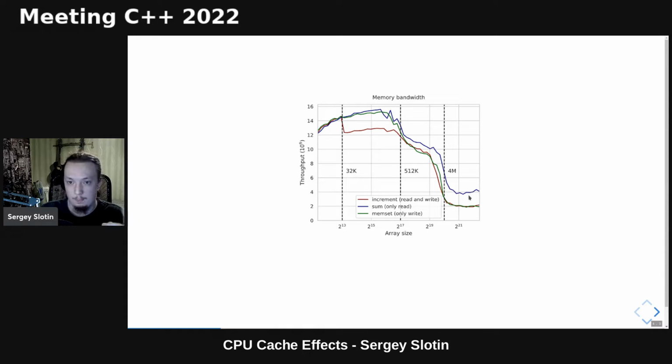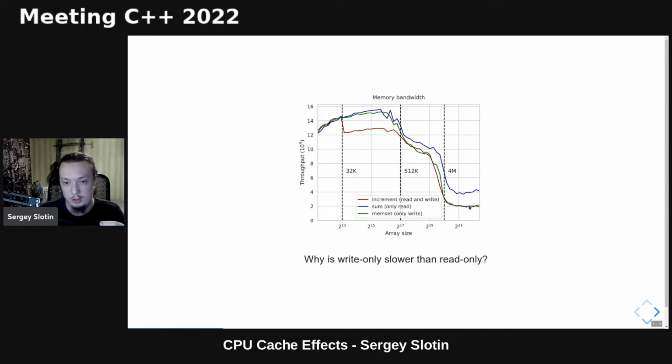Unlike the caches, the CPU and RAM are connected with a single dual-purpose bus that can at any point of time be used for either read or write requests, but not simultaneously. So this is like a single lane road, and the direction of this road, this memory bus, is periodically switched by the memory controller, depending on the number of pending read and write operations. So the program that does both reads and writes naturally consumes twice as much RAM bandwidth as the one that only does reads.